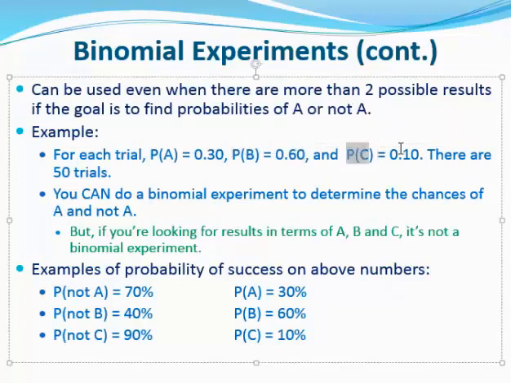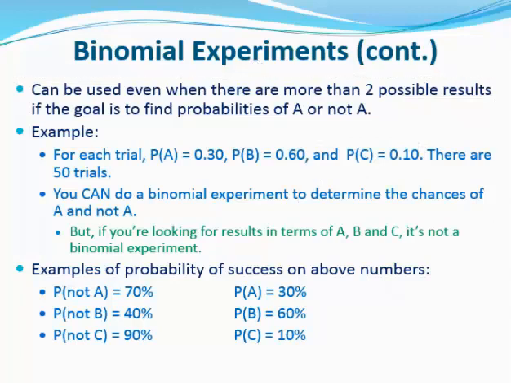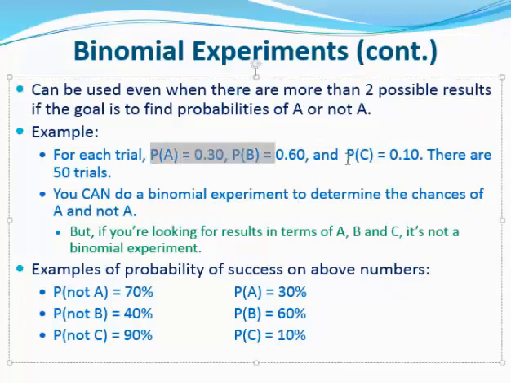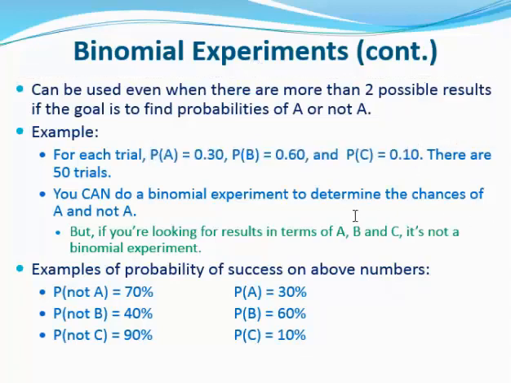And the probability of C happening is 10%, and there are 50 trials. You can still do it, even though there are 3 different possible results, you can still have a binomial experiment to consider the chances of A or not A. If you're looking for which is going to happen, A, B, or C, that's not a binomial experiment because there